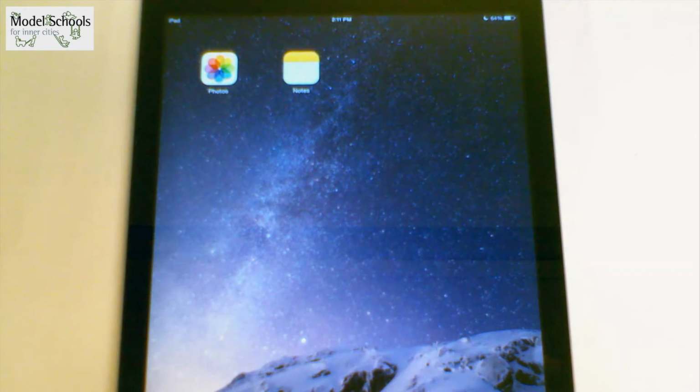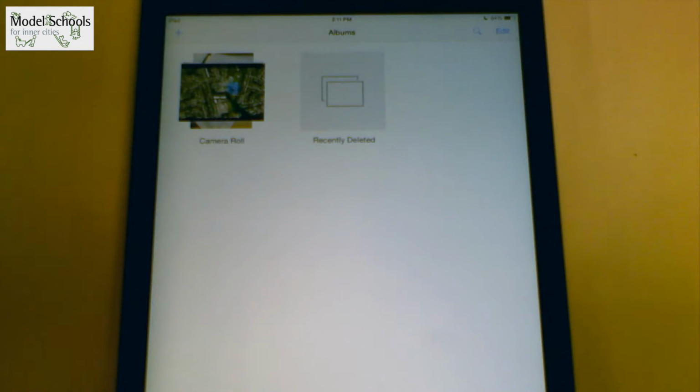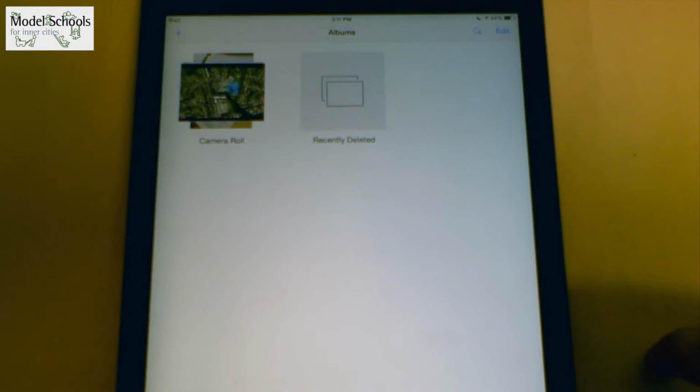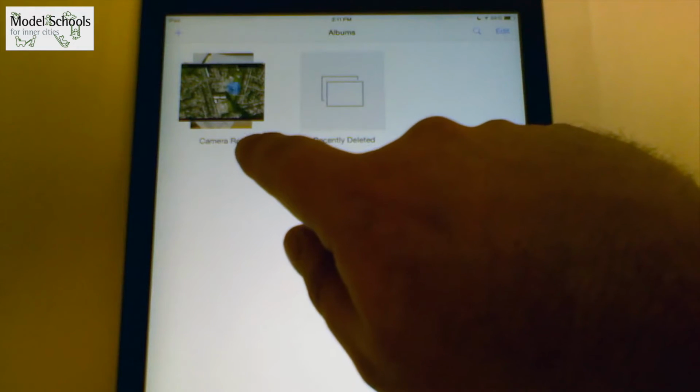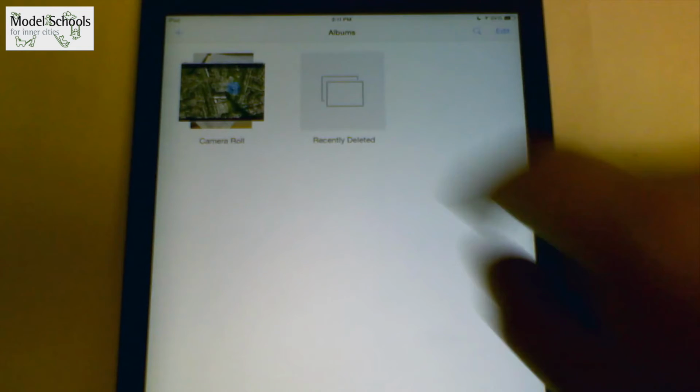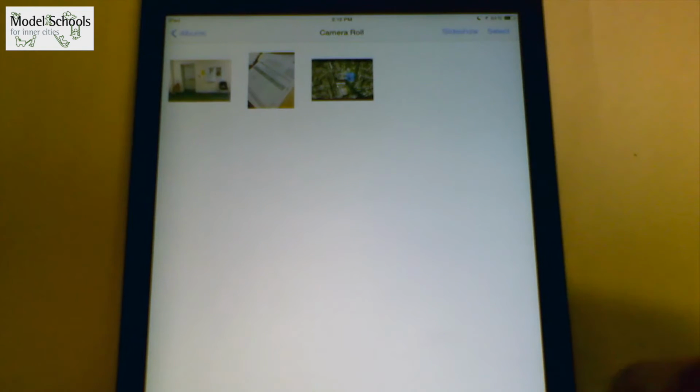Typically, in most apps, students can save their work to the iPad Mini's camera roll. The camera roll is accessible within the Photos app. If I tap on the Photos app on the iPad, automatically I should launch into a view where I see all of the albums. Now at the bottom right hand corner there's an option to toggle between Photos and Albums. Starting within the album view, I can see that there is an album specifically titled Camera Roll. If I tap on that album, I'll have access to all of the content that students have created and saved